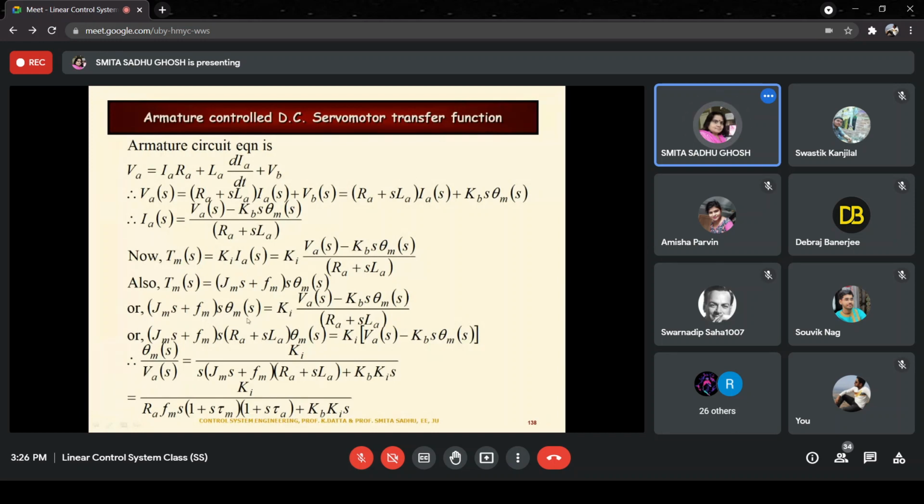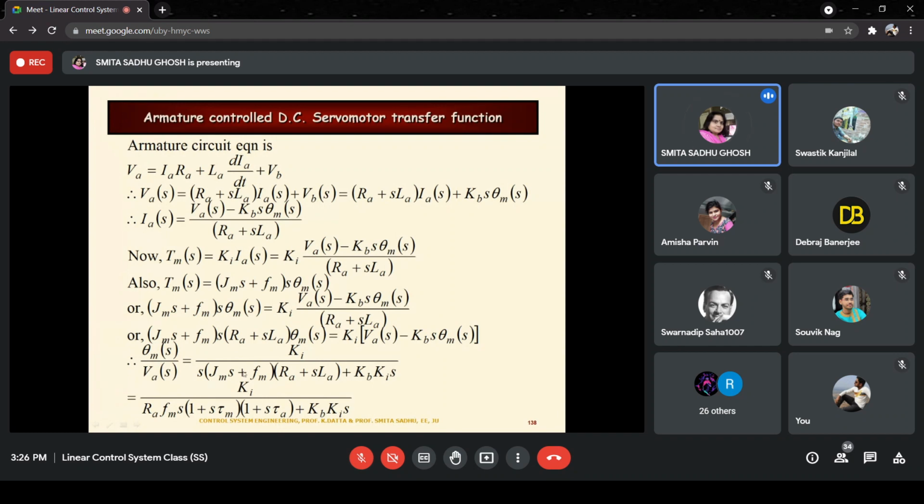So from this point onwards, you collect terms containing theta m. First, this has been multiplied to that side, so that's what you get. Then collecting terms with theta m on the left side and with Va on the right side, and then dividing by Va, this is what we get. So we ultimately arrive at the transfer function, which is theta m(s) by Va(s) and given by Ki by